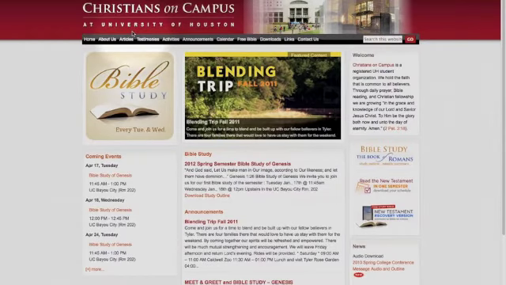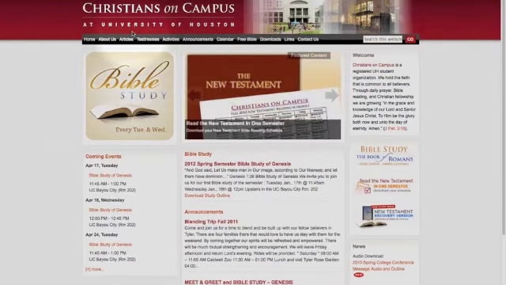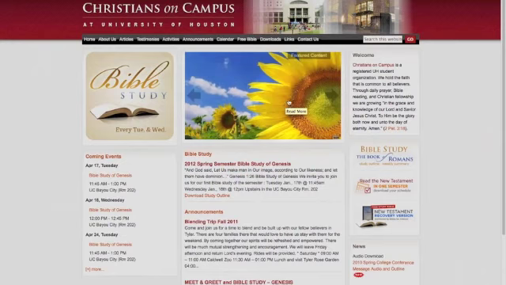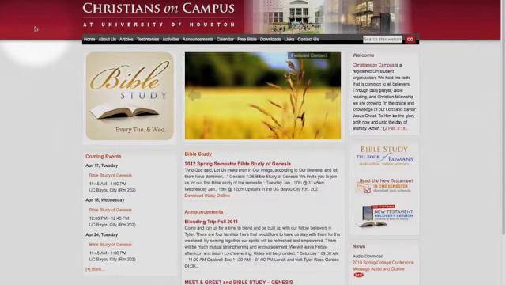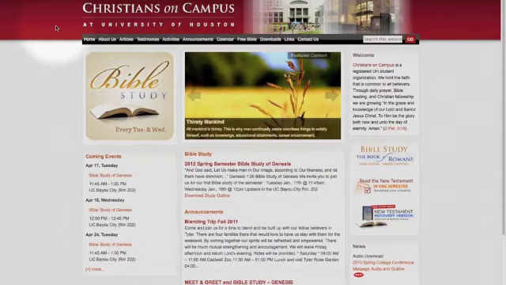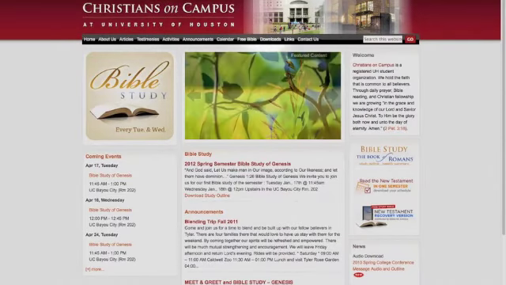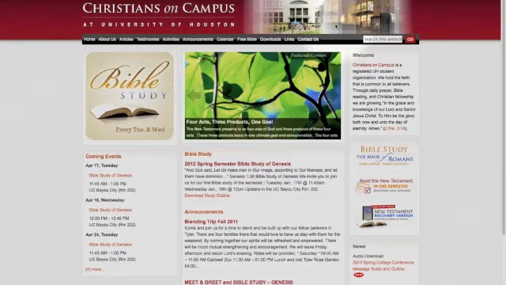So what I'm going to do, probably as a user, is quickly scan the page and see what's on there. Now you'll notice my eye, or I would say the user's eye, is probably going to be more drawn to this area of the home page, right here. They have this nice color red here, which I think actually is the school color. And then they have this nice logo here, Christians on Campus at the University of Houston. And then they have a few images here of the university.